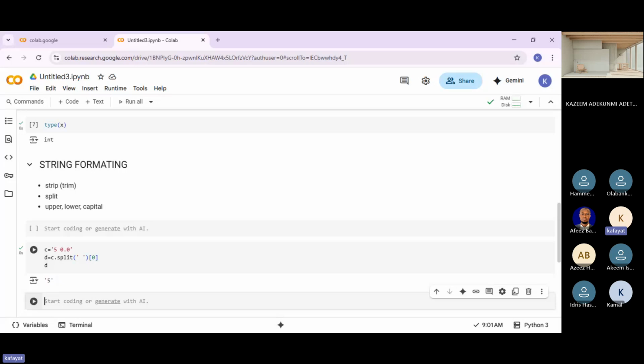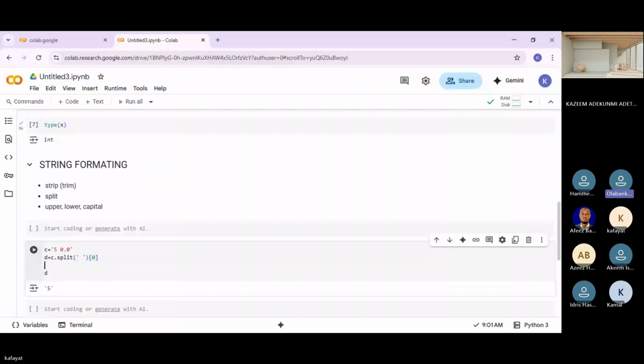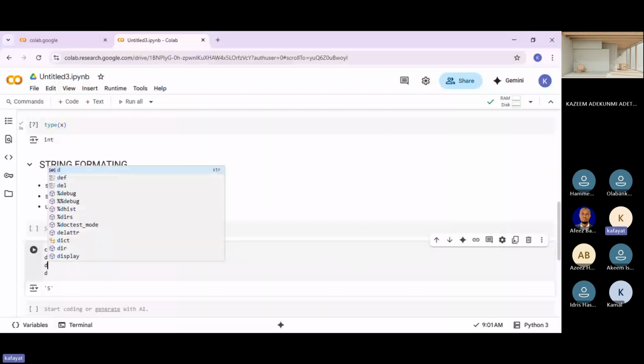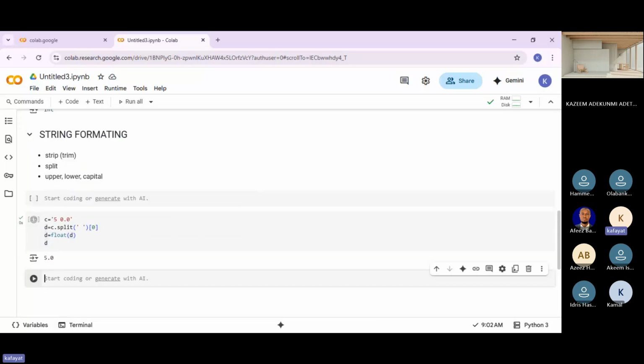This 5, you can now easily convert it, as Dana said, converting this D to be equals to maybe float D, then print D. Do you see now?